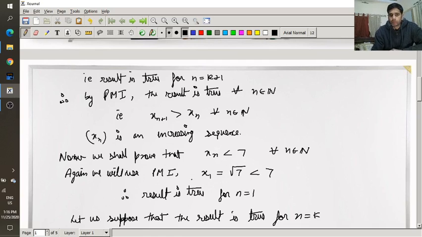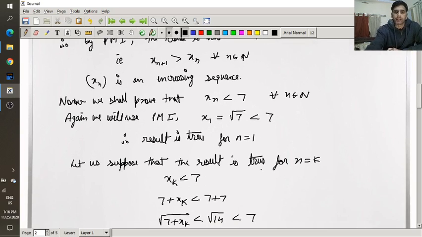So, we will prove it by using the principle of mathematical induction. x1 is equal to under root 7, which is strictly less than 7. So the result is true for n equals 1. Then we suppose that it is true for k, and then again by some